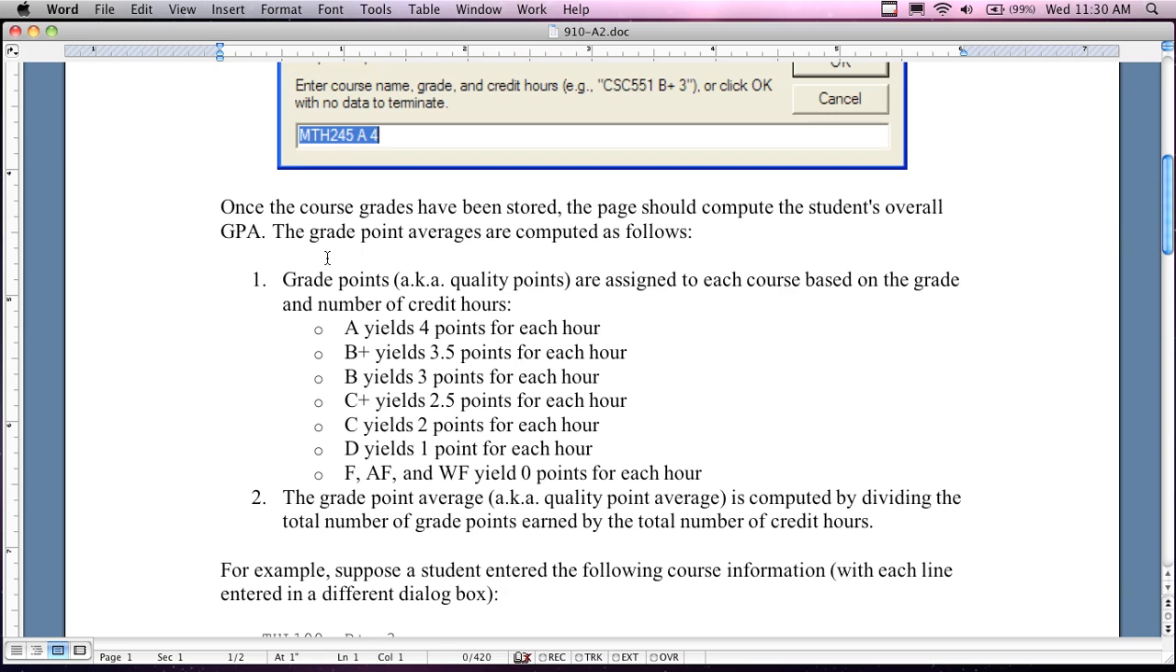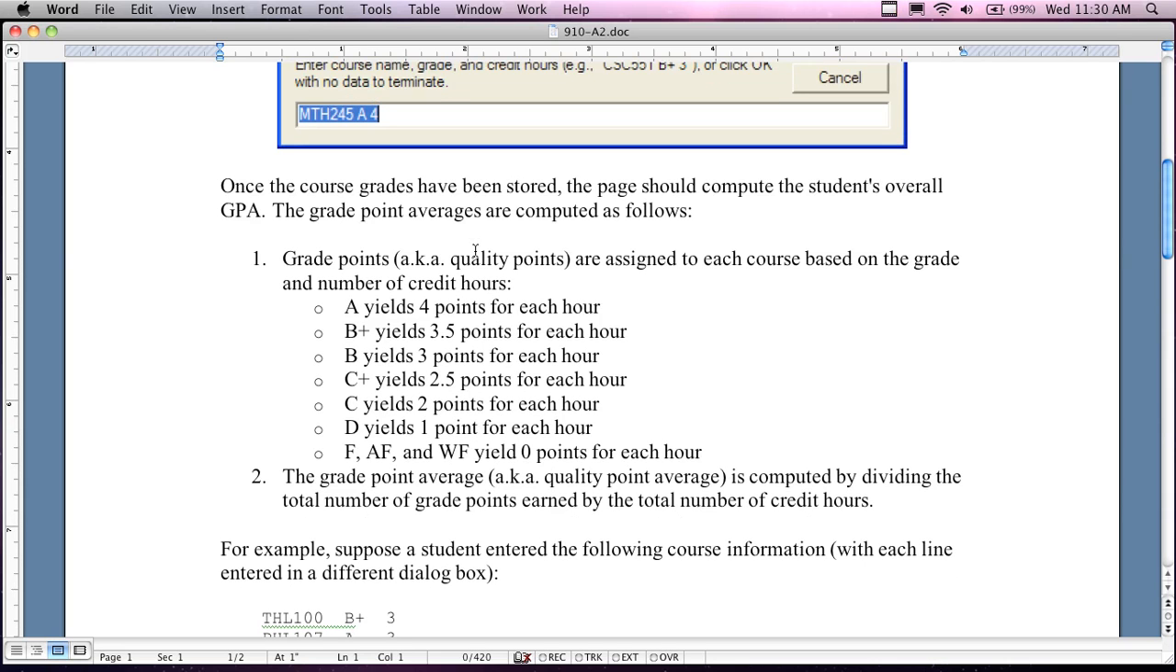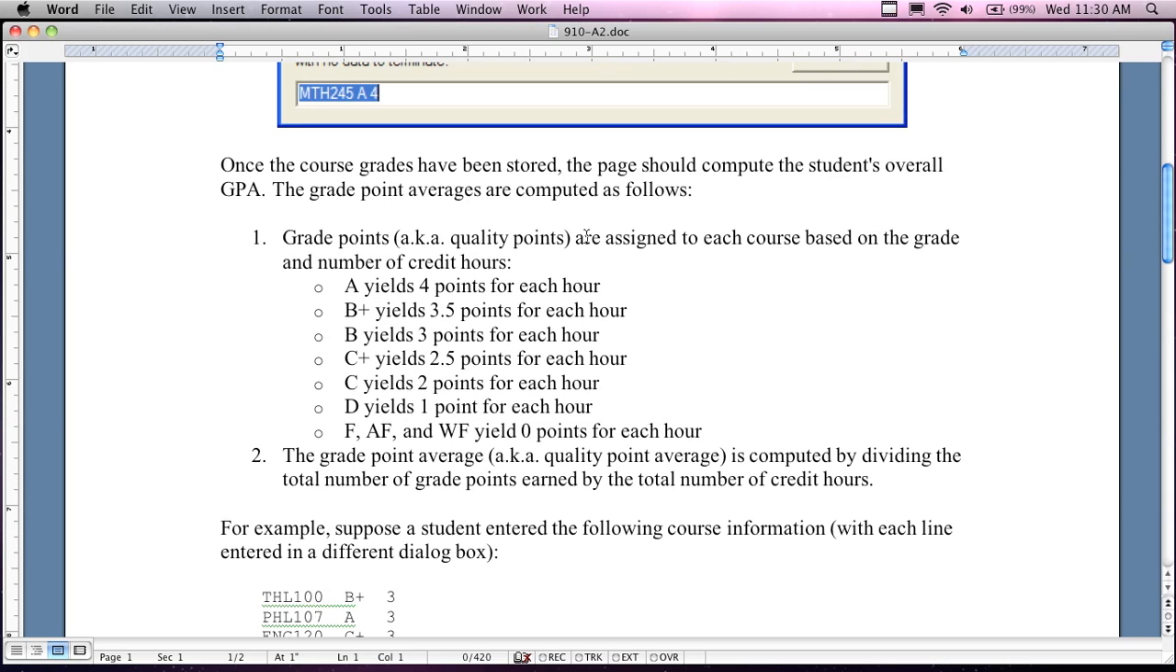So once the course grades have been posted, you have the overall GPA. The grade point average is computed as follows. The grade points, aka quality points, are assigned for each one of the grades. So if the person puts in an A, that's a 4 point. A B plus is a 3.5. So you can do,